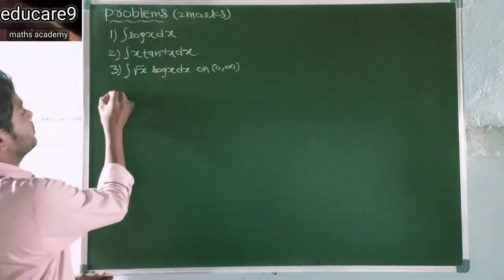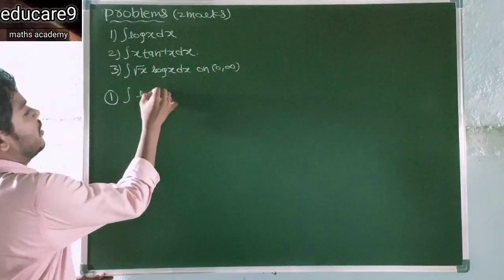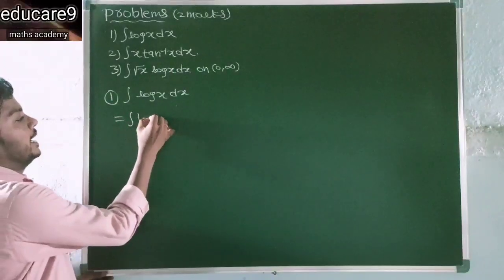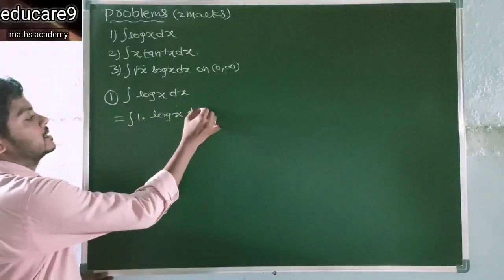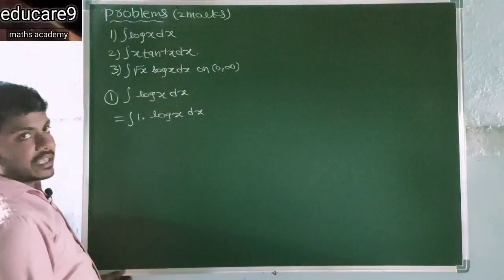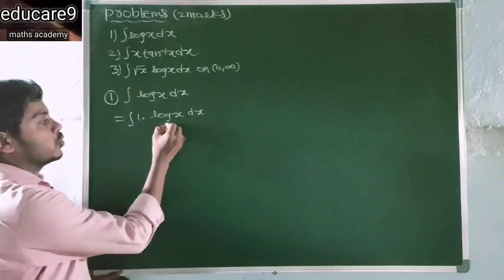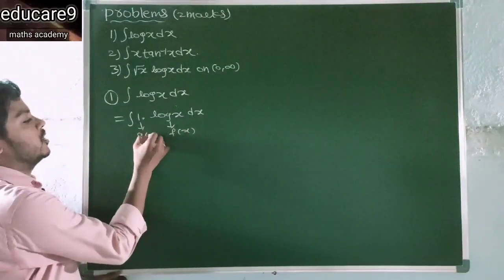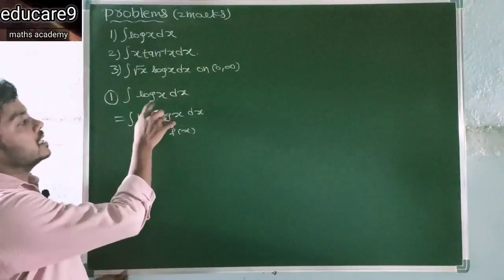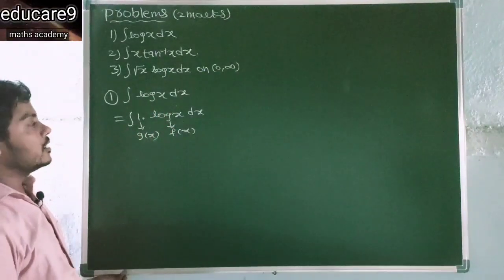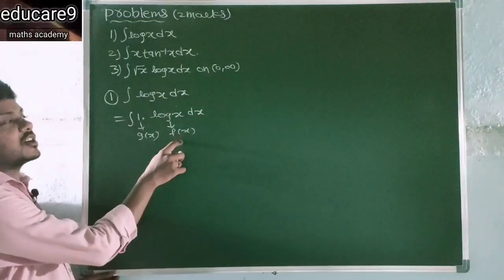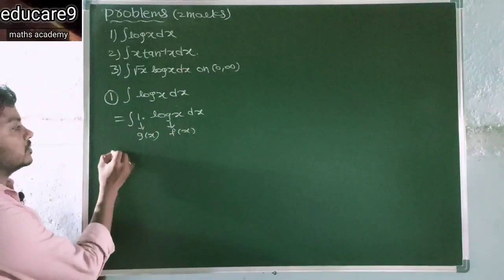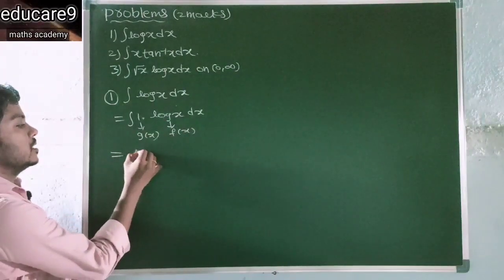So see the first one, integration of log x dx. So this can be written as integration of 1 into log x dx. Okay. So clearly for this you have to take log x as first function and 1 as second function. Because only a single function is there, in that case put that function as first function and 1 as the second function. Now apply the integration by parts formula, that is f of x,